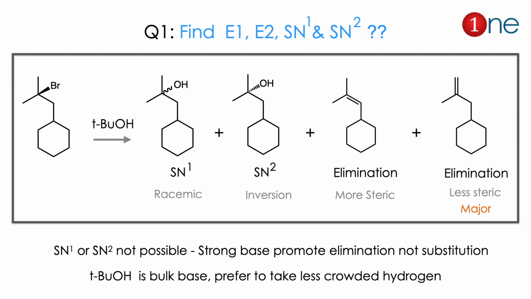Now let us get into the problem. Here the starting material is given, the base is tertiary butoxide, which is a very bulky base. So what will be the possibilities? There are four: SN1, SN2, elimination which is the more steric one, and elimination which is the less steric one. Here we very well know that we are using a strong base, which is hydroxide. So SN1 and SN2 are definitely not possible. So elimination, both are possible, but the base is the bulkier one. So the elimination of hydrogen will always be from the less steric side, and the less steric elimination product is formed. So you should always guess the starting material and base for predictability.